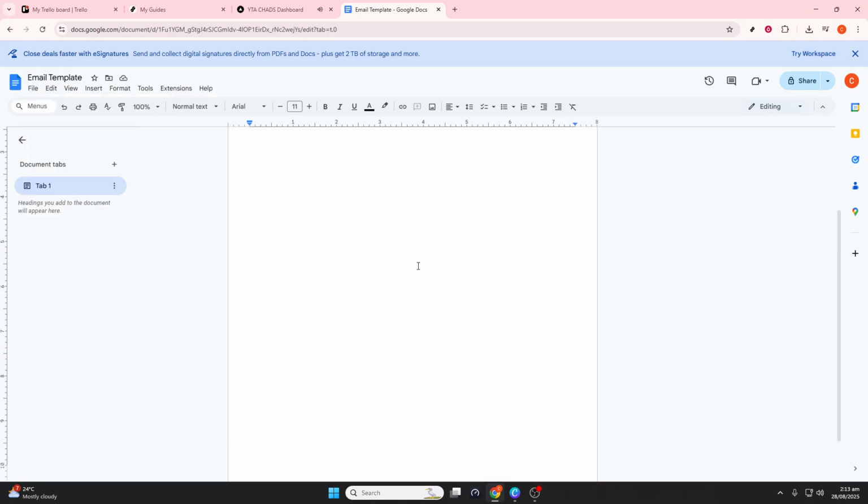And there you have it, a comprehensive guide to creating a professional email template in Google Docs. Follow these steps and you'll have a visually appealing